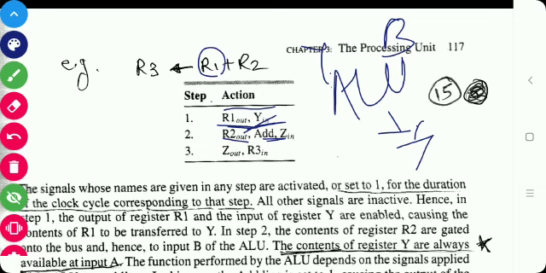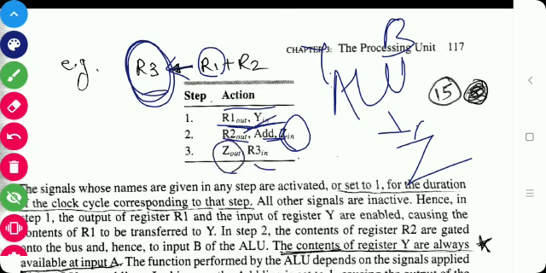and as we know the result of the ALU is in Z, so it is stored by Z in. But we have to store the result into the R3 register. So the contents of Z are loaded into R3 by the instruction Z out and R3 in. So these are the steps of instructions which add the contents of R1 and R2 and load the result into R3. So these are the three steps.